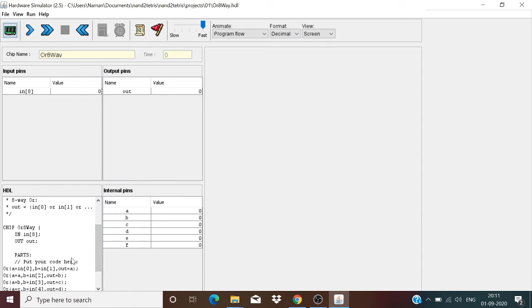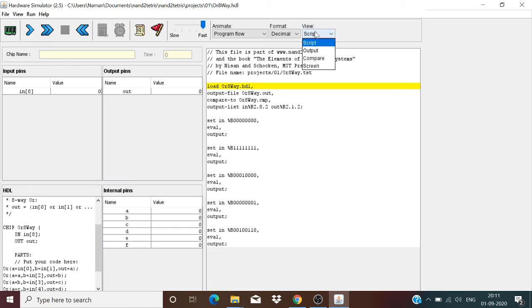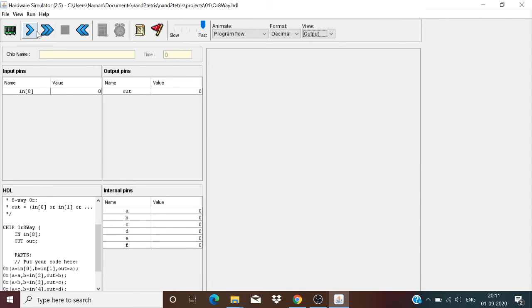Now for our 8-way, we have an input and an output. Input consists of 8-bit data. And thus we have the correct output.